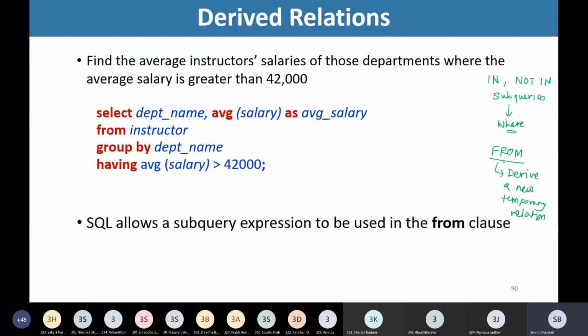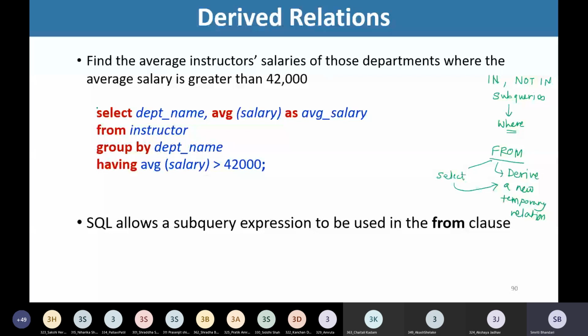I'll be making use of a select statement in the from clause, and this select statement will help me derive a new temporary relation that can be used to write a query. So let's see one example so that the idea gets clear.